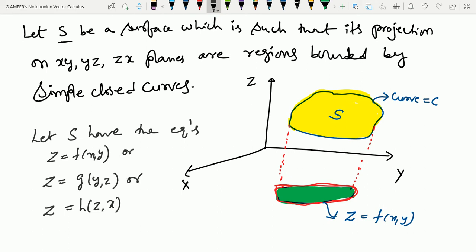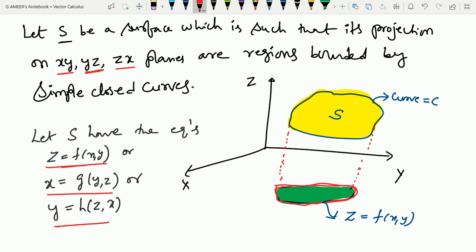If it is in the xy plane, I can take z is equal to f of xy. If it is in the yz plane, I'll take... I'm sorry, this will be here... yz plane, I'm sorry. So that means in the yz plane x is equal to, then if it is y is equal to, like this. Okay, these are the equations that correspond. In the xy plane, the equation will be this much. In the yz plane, the equation will look like this. In the zx plane, the equation will look like this.